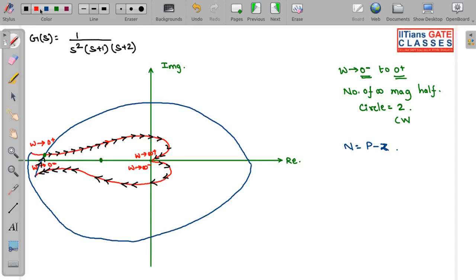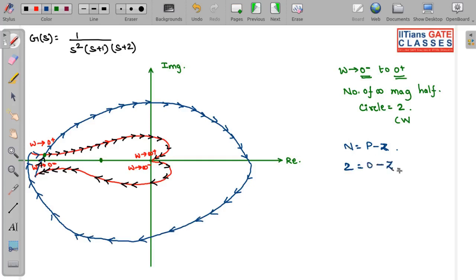One more encirclement is there. So let me use the blue color. This is another encirclement, and in which direction is it? You can see both of them are in anti-clockwise direction. So that is why you are going to write N is equal to 2 over here. Okay, so N is equal to 2. The number of poles of your OLTF in the right half of the s-plane, how many are they? They are equal to 0.